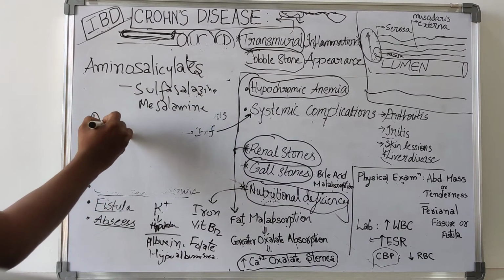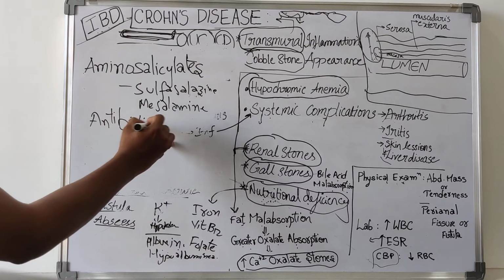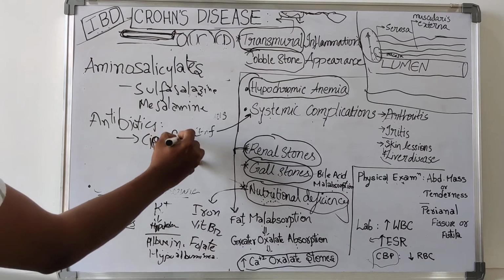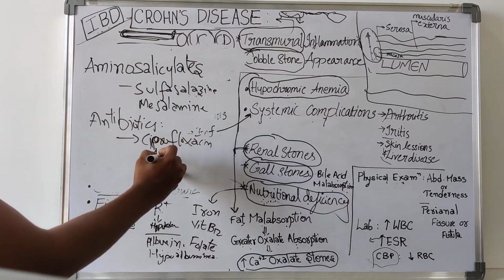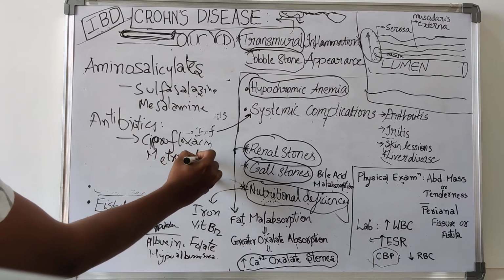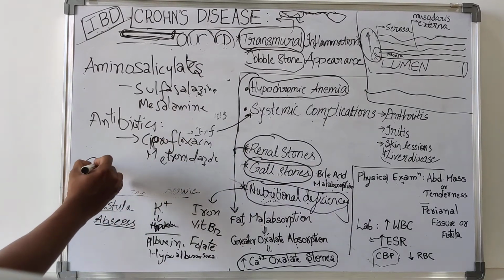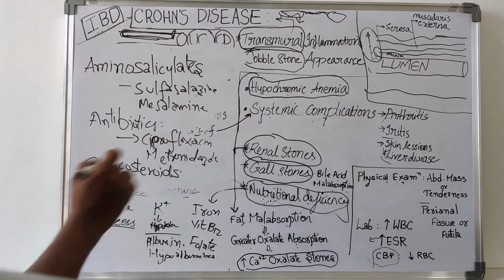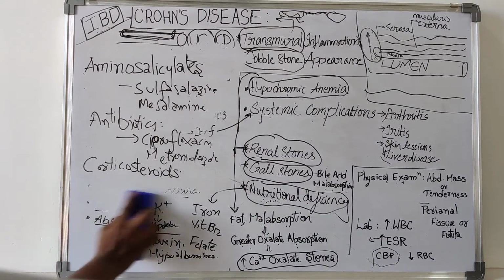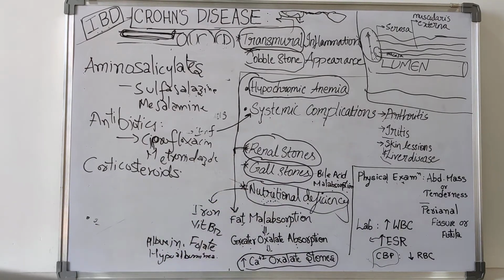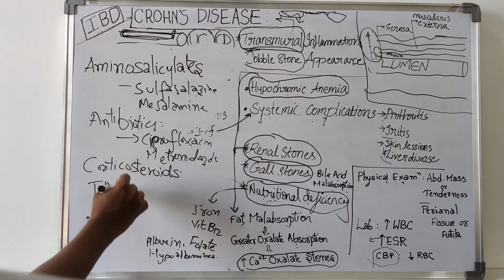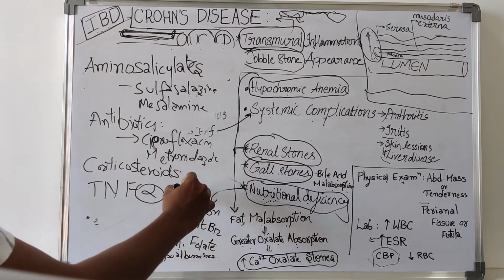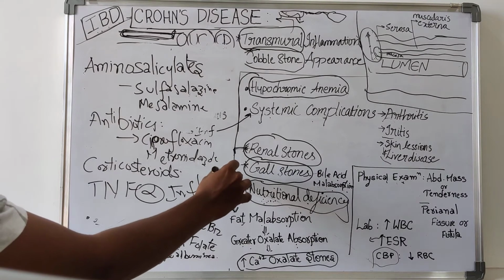Other drugs are antibiotics to treat any coexisting infection that is present. Antibiotics that can be used are ciprofloxacin and metronidazole. Along with this, there will be usage of corticosteroids in the patients during the therapy. Other drugs that are used in the patient include TNF alpha inhibitors like infliximab, and we must even give